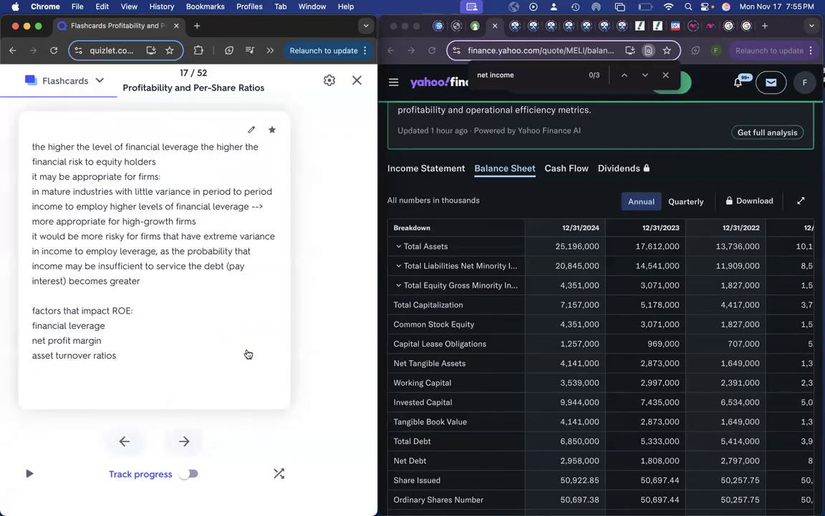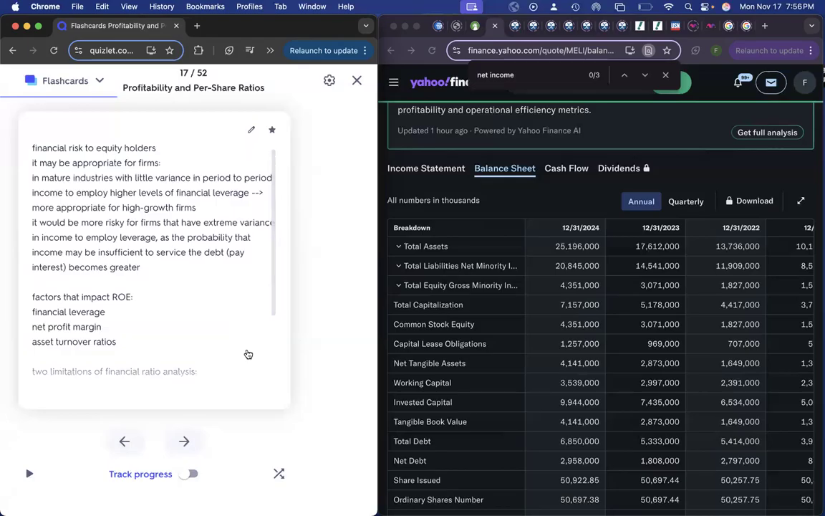It may be appropriate for firms, for example, mature industries with little variance from period to period income, to employ higher levels of financial leverage, and which is more appropriate for high growth firms. And it would be more risky for firms that have extreme variance in income to employ leverage, as the probability that income may be insufficient to service the debt, meaning pay the interest, becomes greater. Factors that impact return on equity are financial leverage, net profit margin, and asset turnover ratios, as we just talked